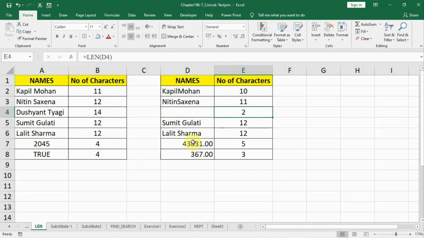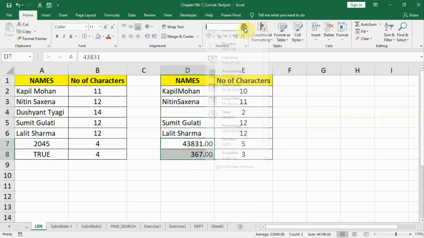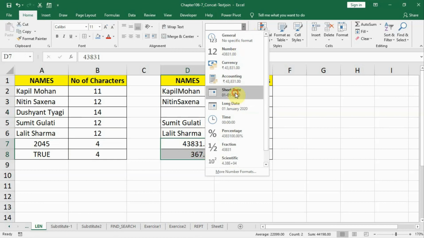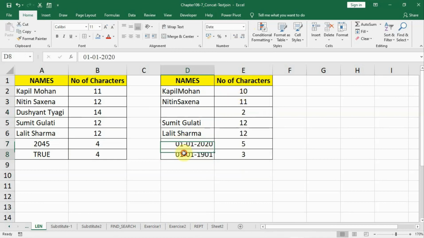And these are the interesting ones. It is showing here 5 and 3. You see these are the numbers 5 and 3. If I select them and go to format and make a date, it will show me dates. That means each and every date is a unique number, and this LEN will calculate the length of that unique number, how many characters that number is composed of.